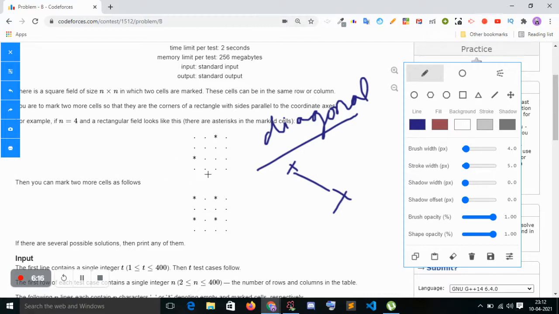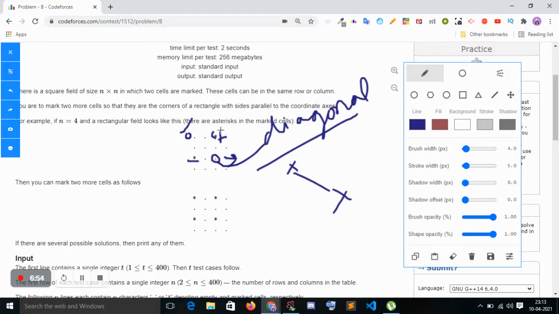Understand, for this point my row should be the same. If it is 0, for this one the row should be the same, and for this one the row should be the same, so the row will not change. Whatever you store as the row of the first mark should be here, and whatever you store as the row of the second mark should be here.